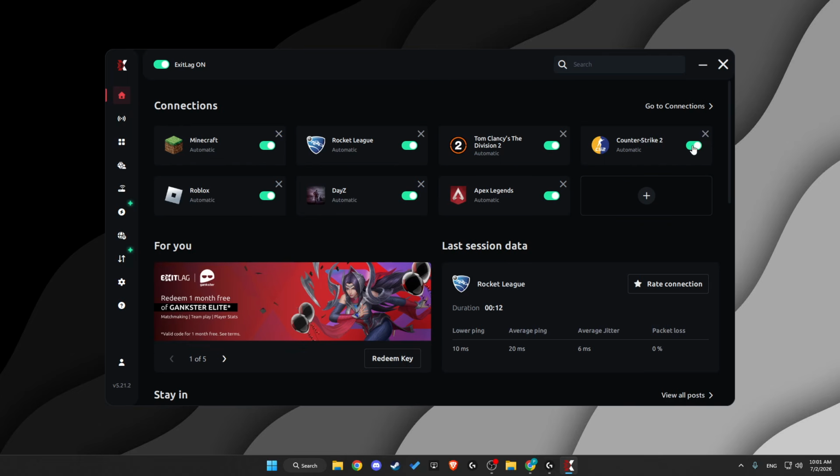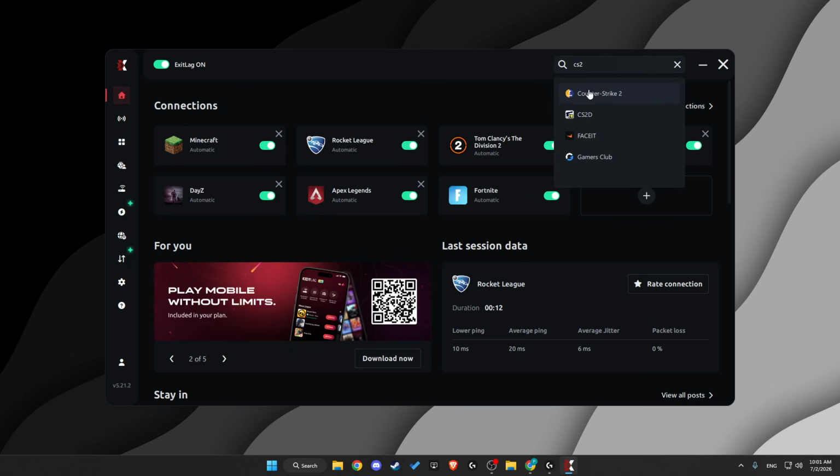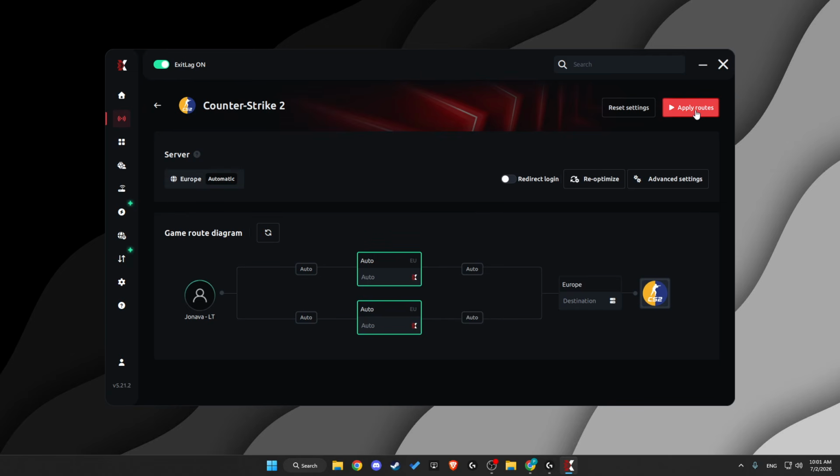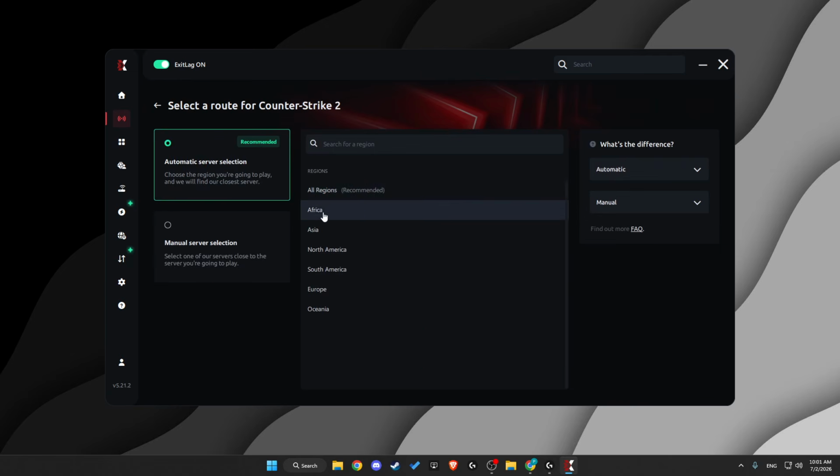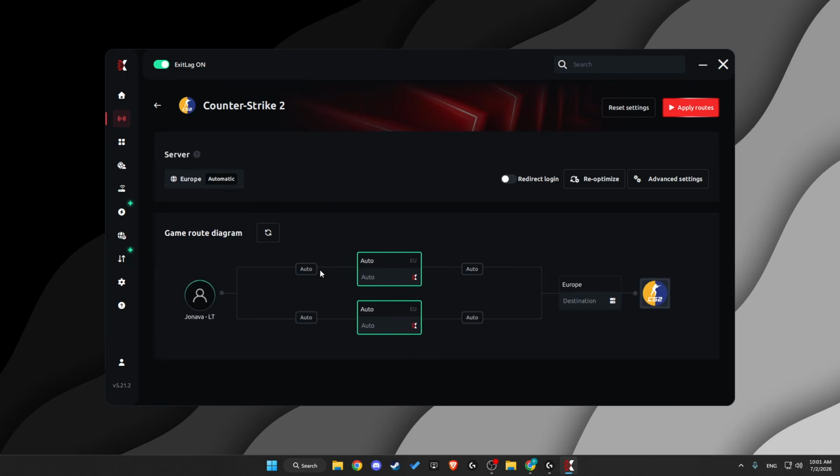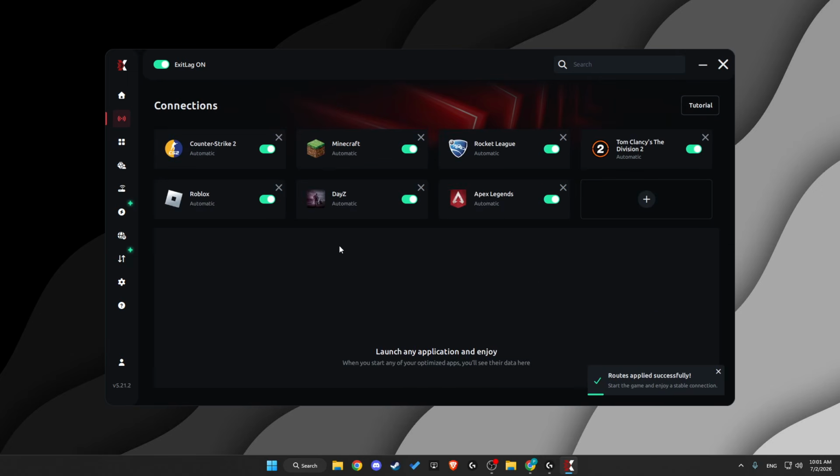Then what you need to do here is to look for CS2, then select basically your region. In my case it is Europe here, and then you just need to apply the routes